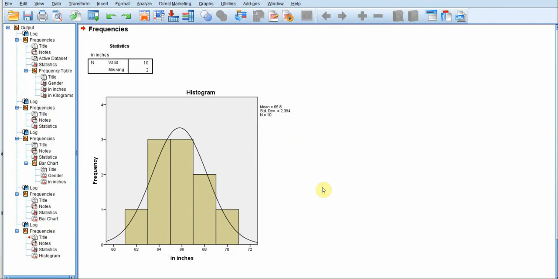So if you have discrete data, or if the measure is for categorical variables, which is nominal data, then you always need to use bar charts and always select frequencies rather than percentages.